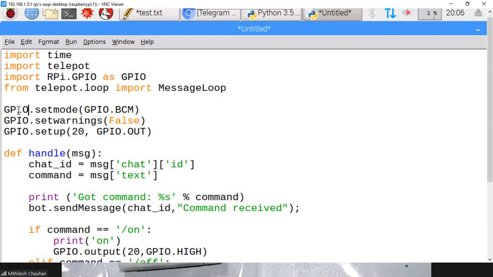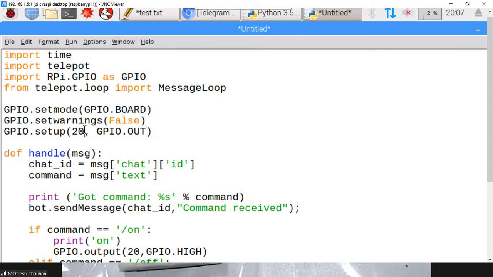Now the first line, we are setting the mode. Since I'm using a loose circuit, I'm going to use board mode, board. Then set warnings false. Maybe in the previous practical you were looking at errors while executing the program, a warning that a particular pin has been uninitialized or some kind of error. To hide all those warnings, we can write this and disable the warnings by simply putting the value as false.